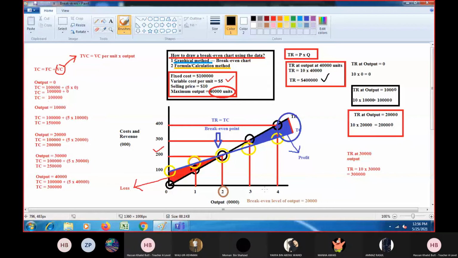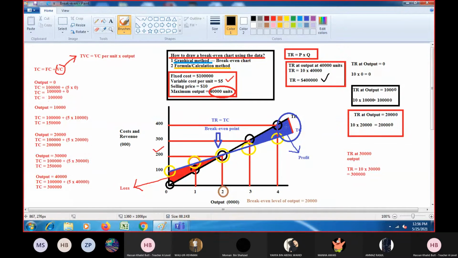All right. So we are done with it, right? As I told you earlier as well, you can see that blue circle. Because if the maximum capacity is 40,000, obviously you cannot go beyond it. So that was just to show you the area of profit. You can just ignore the blue area within that circle, right? Because it is after 40,000.